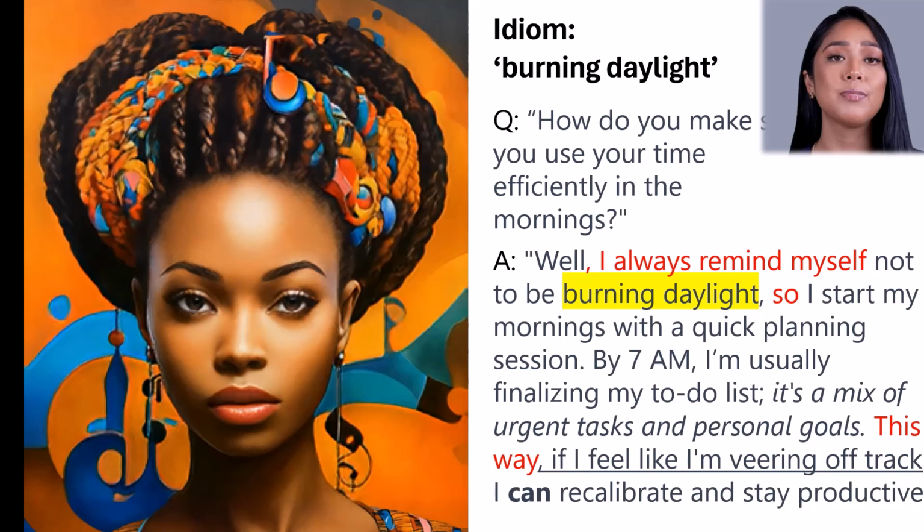The linking phrases "I always remind myself," "so," and "this way" are seamlessly incorporated to introduce the topic, describe the morning routine, and explain the approach to efficiency, contributing to the coherence and logical flow of the answer. This skillful use of idiomatic language, along with the inclusion of conditional sentences, comparisons, and modal verbs, meets the examiner's expectations for Band 9 criteria in terms of idiomatic usage, extended answer development, and grammatical complexity.